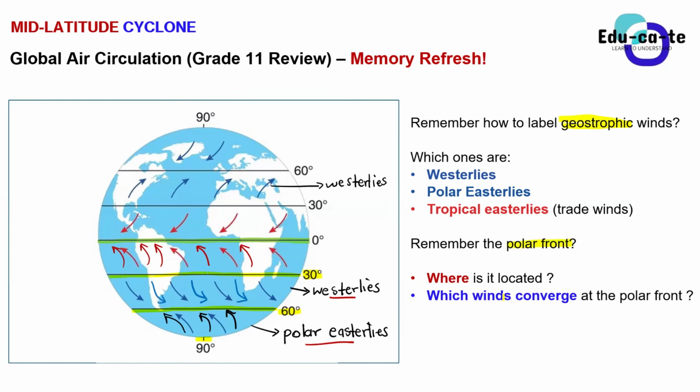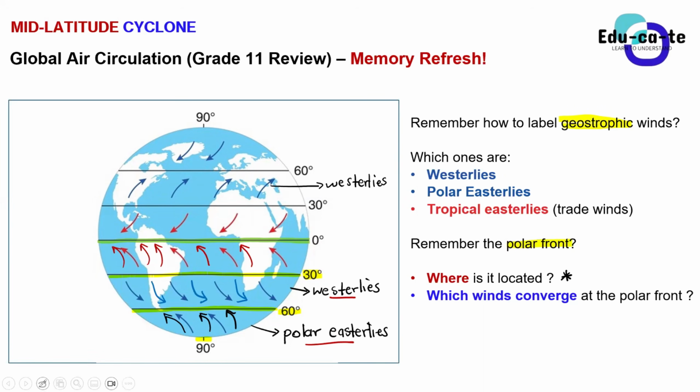So, we explain in simple terms. The polar front happens at the line of latitude at 60 degrees, where the polar air from the pole meets with the air from the equator. There is a line that separates that region at the 60 degrees. So you've answered the first question, which is: where is the polar front located?